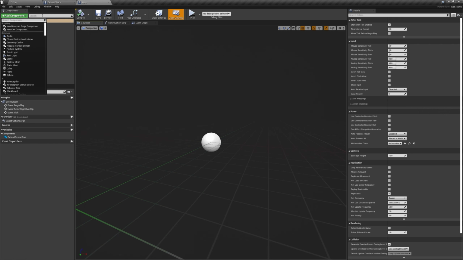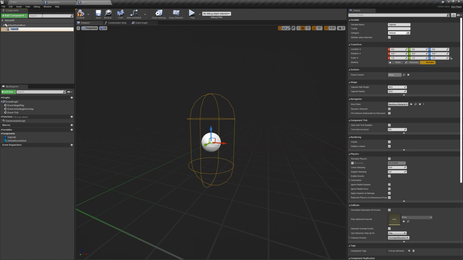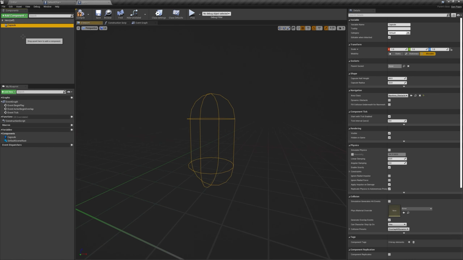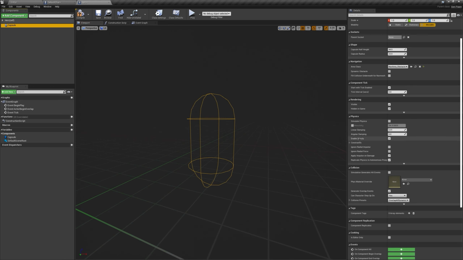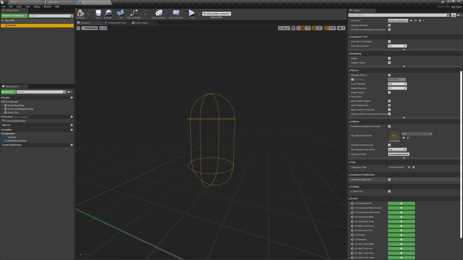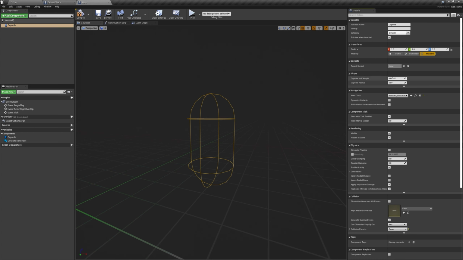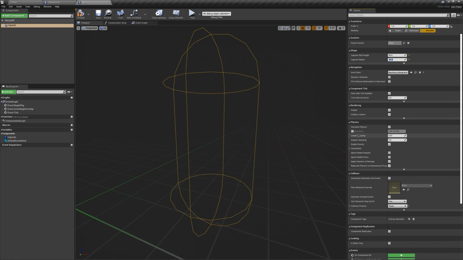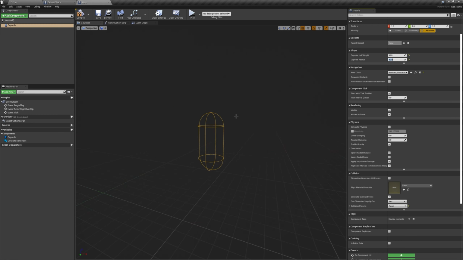So I'm gonna add a regular capsule for now. Drag that onto the root, and make sure you select the right collision preset, pawn. I'm gonna make this a little bigger here, maybe 1940. And we're not gonna use a mesh for now, so make sure to unhide this in game so we can